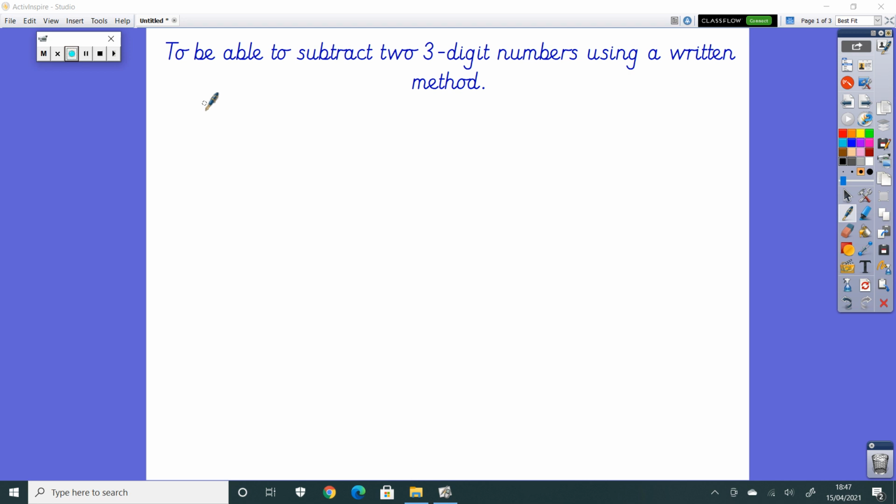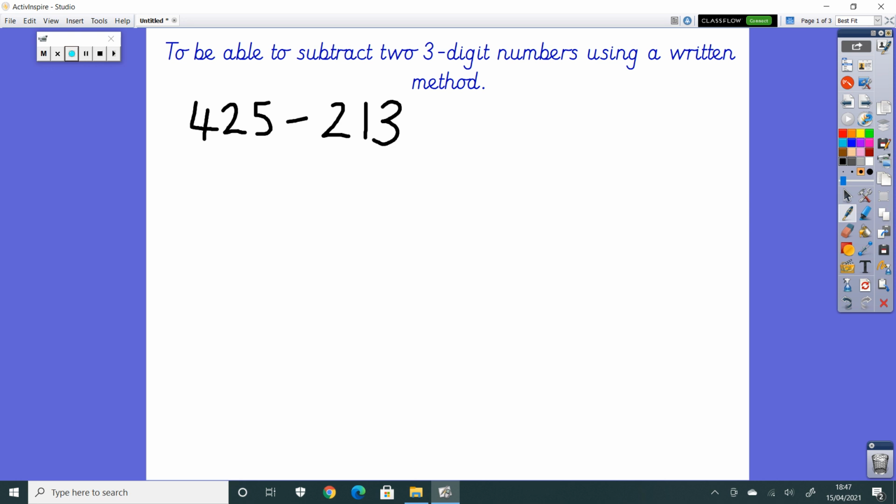In Year 3, the children learn a written method for subtracting a 3-digit number by a 3-digit number. So, for example, 425 subtract 213. The method we use is the partitioning method, which involves splitting each number up into hundreds, tens and ones,